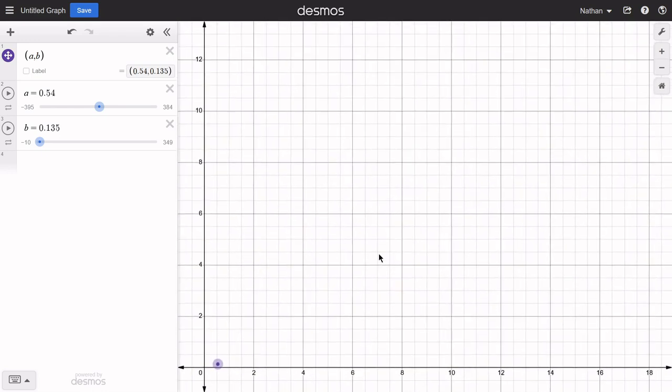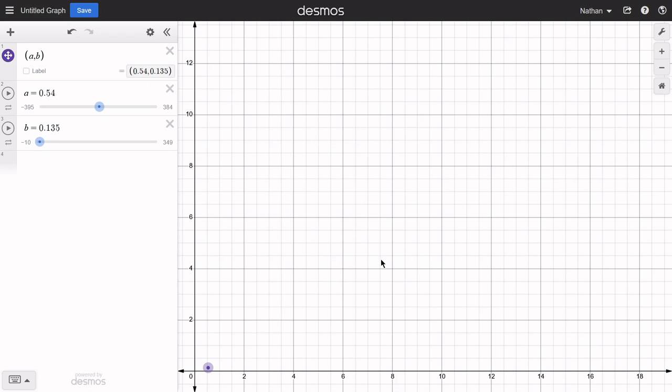So quadrant 1 is probably the most important quadrant in a lot of cases because it involves the positives of both x and y, which is very useful in a lot of real-world settings. For instance, if I think about x being the number of items that I sell, and for each item I get a revenue of $7, then it would only make sense for me to talk about